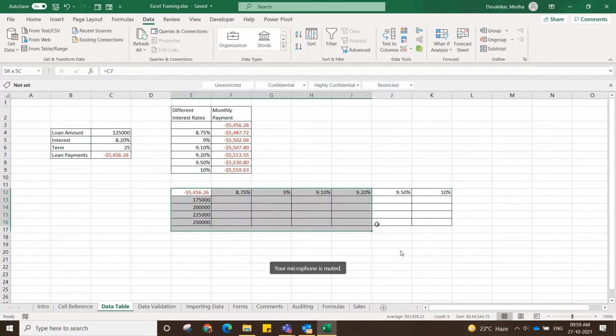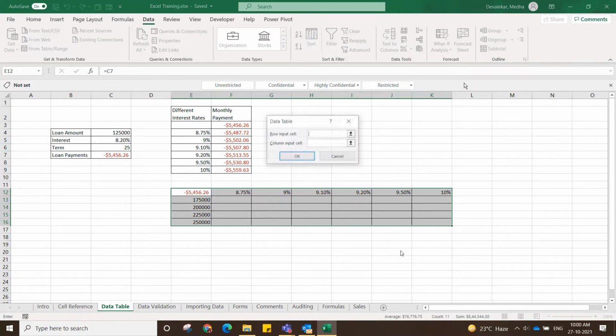Okay. Then how can we do it? In the same way, select the whole table, go to the Data tab, click on What-If Analysis and then Data Table. And here you will select both the loan amount and the interest rate, so that it will give you the C4 and C5.